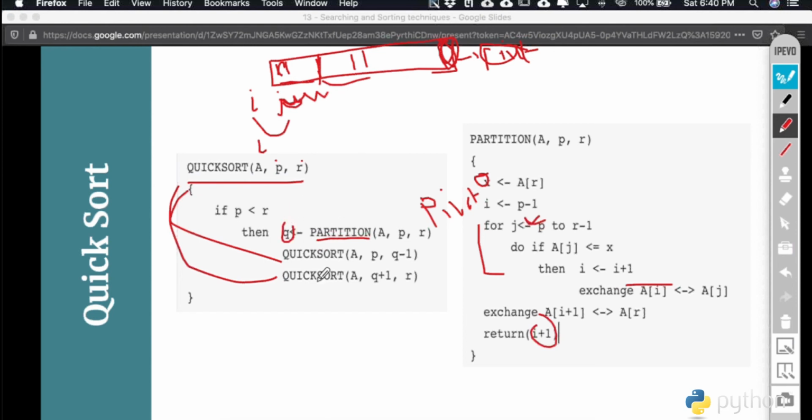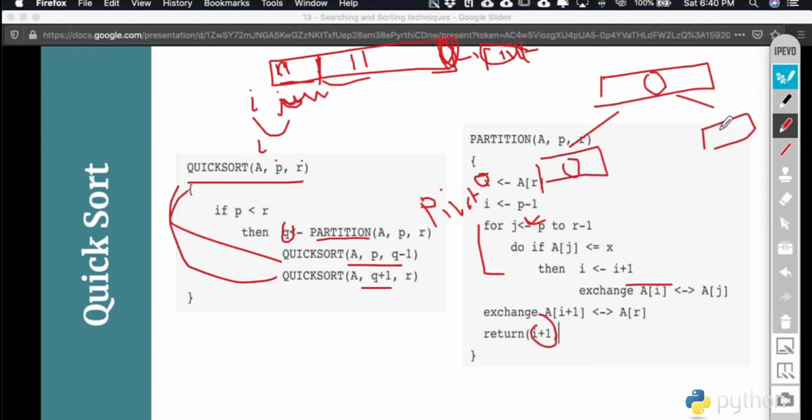नए क्विक शॉर्ट फंक्शंस को कॉल कर सकते हैं with these new indexes, जहां पर एक लेफ्ट लिस्ट होगी और एक राइट लिस्ट होगी. बेसिकली ये भी डिवाइड एंड कॉन्कर मेथोडोलॉजी पर बेस्ड होती है, जहां पर आपको ये पाइवट मिल गया तो आपको एक लिस्ट यहाँ छोटी मिल गई, इसमें भी आपने एक पाइवट असाइन कर दिया. एक और लिस्ट मिल गई, इसमें भी आपको पाइवट असाइन कर दिया, या और लिस्ट मिलती चली जाएंगी. So every time we are trying to split our list into 2 parts, and for the best case we assume that we split it into 2 equal parts, but this is not true in all cases, but we assume that it splits into 2 equal parts.